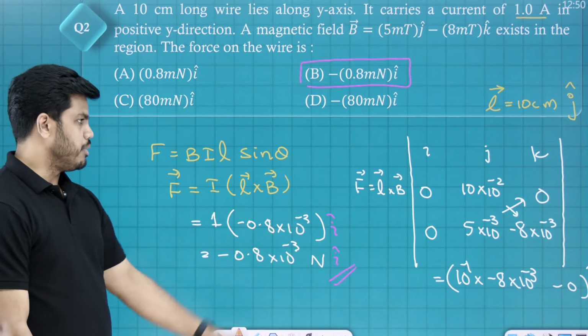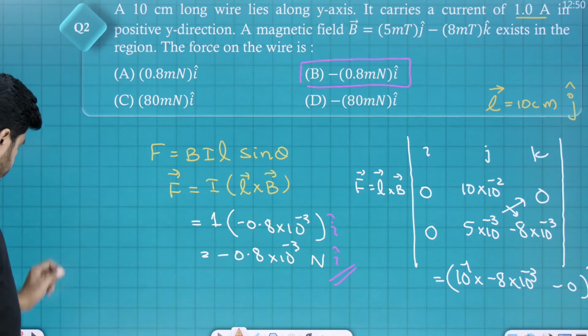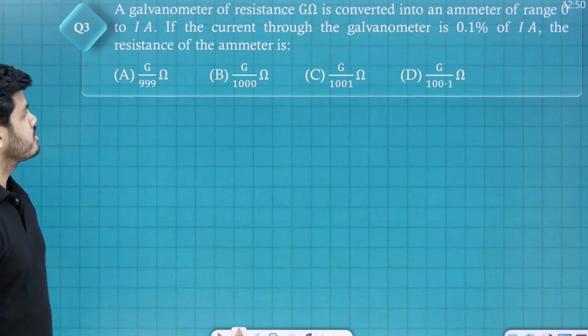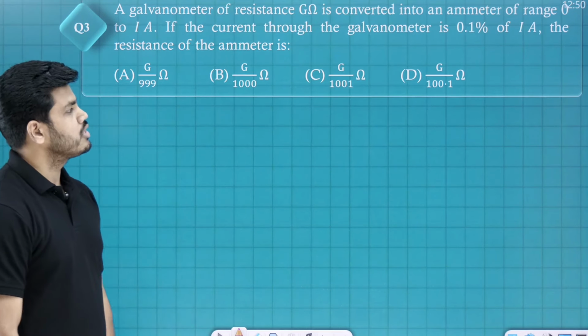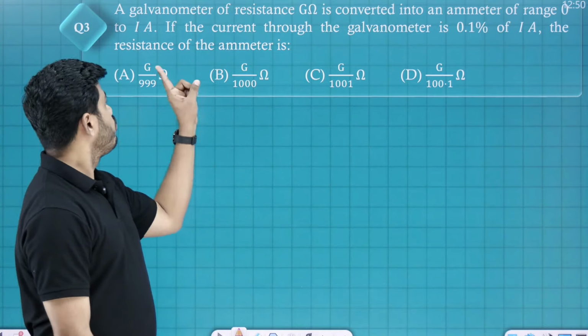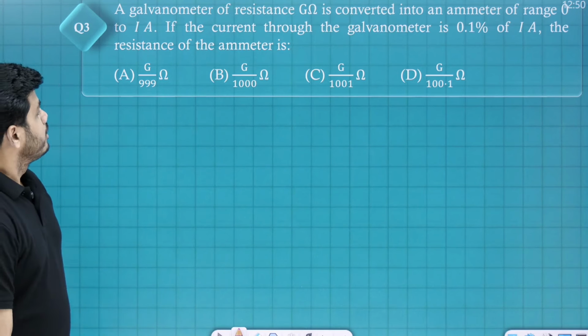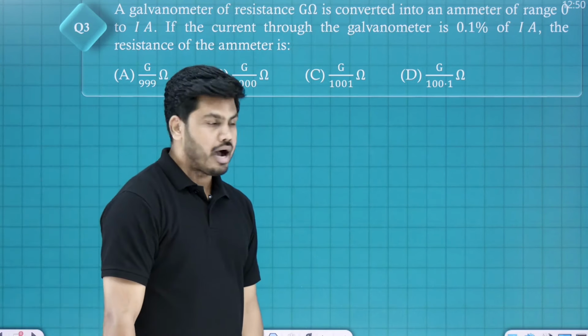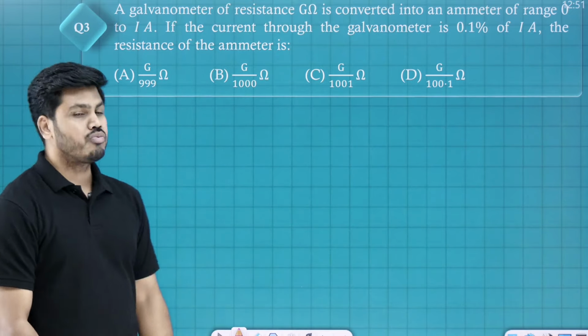So that is option B. Fine. So let's move on to the next question. Question number 3. A galvanometer of resistance G ohm is converted into an ammeter of range 0 to I ampere. If the current through the galvanometer is 0.1% of I ampere, the resistance of the ammeter